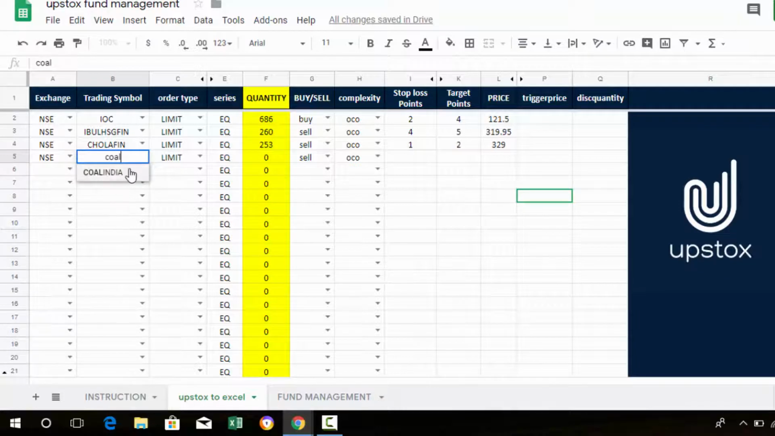Suppose Coal India, see the quantity automatically changing, and stop loss is 1 point and target also 1 point, 193. See, it automatically shows how much quantity. After placing the order, stop loss,